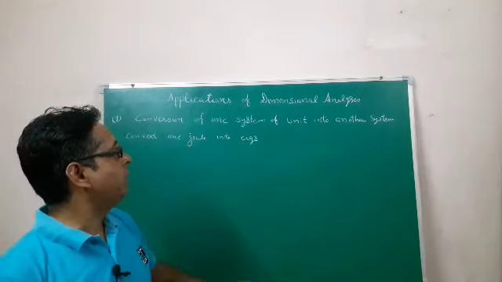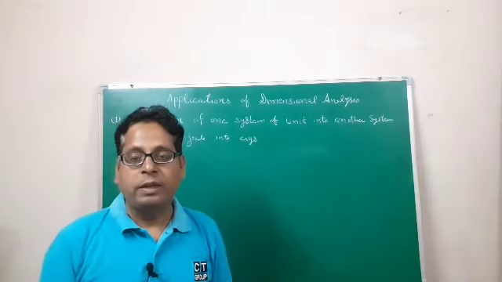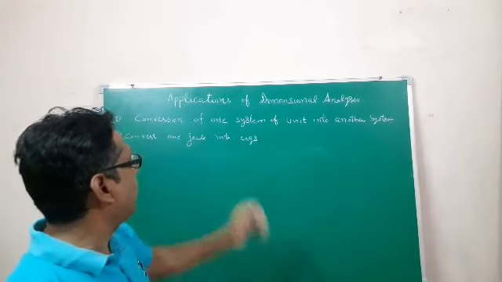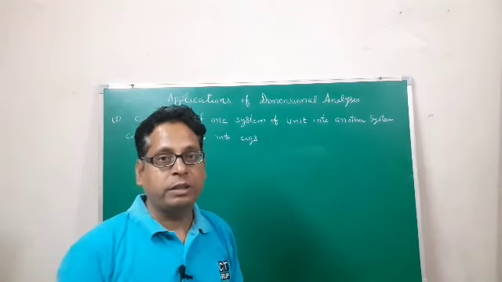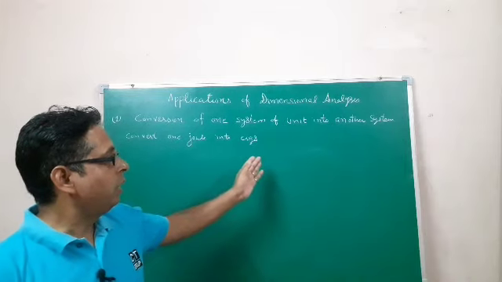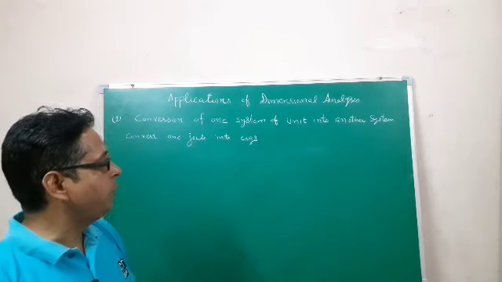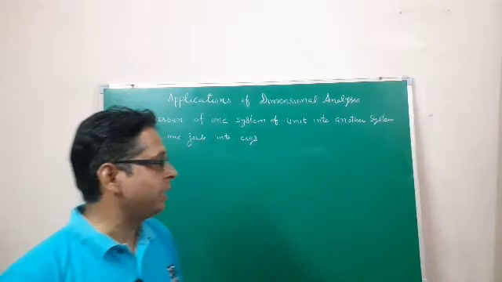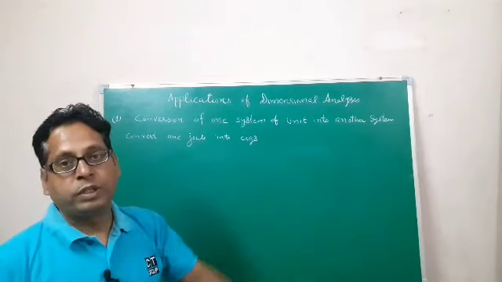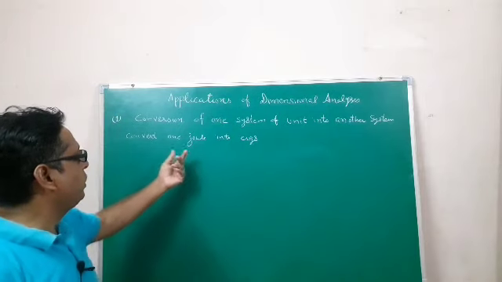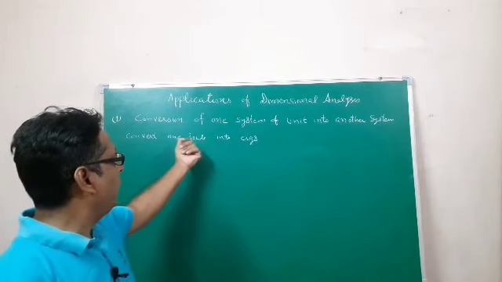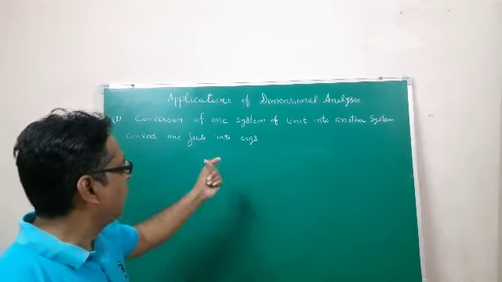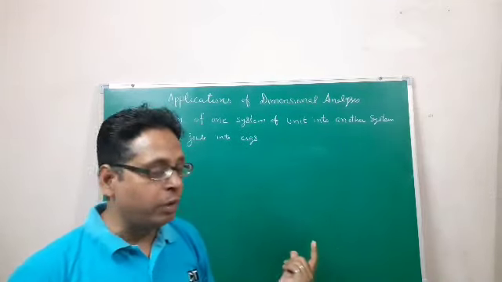So in the previous lecture we were doing application of dimensional analysis. Now the first part is conversion of one system into another system, and in the previous video I had discussed with you people conversion of force, that is 1 Newton into dynes. So today I am going to discuss with you 1 joule into ergs. So you can see how 1 joule is related to erg also.